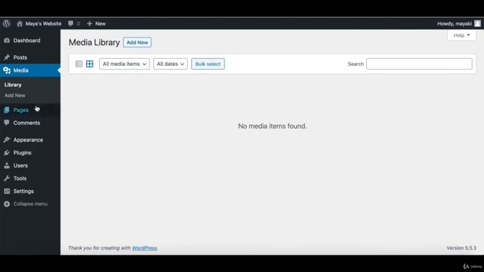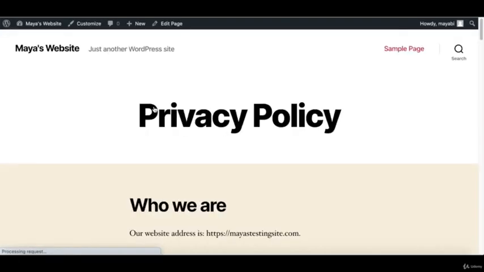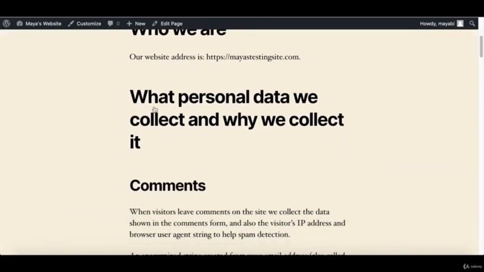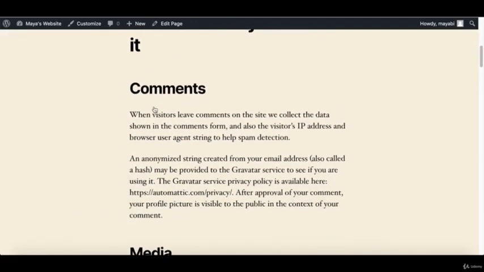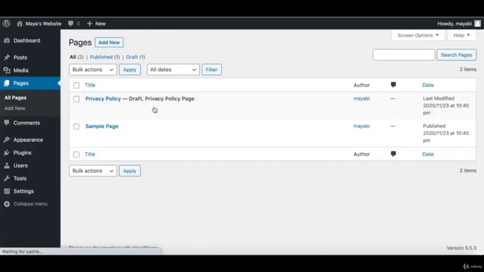If you click on Pages on a new WordPress installation, you might see a sample page and a privacy policy page, which is set to draft, meaning it is not shown in the live website yet. You can click on Preview and see how it looks on your website. The reason it is under draft is because you should first change the text to your own privacy policy and only then publish it. The pages on